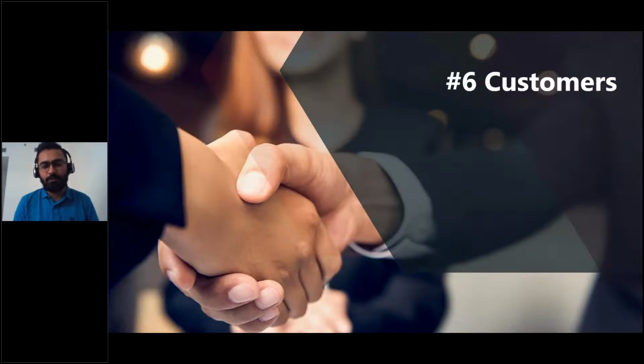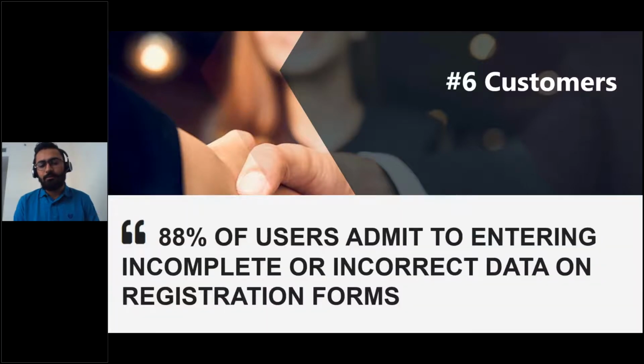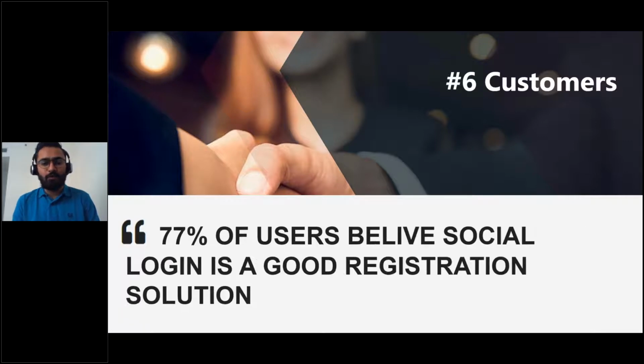From the customer's point of view, we have a few reports, and we also have some facts: most users admit that they won't enter correct or complete data when asked for registrations or forms. And mostly those users who left incorrect data agree that social login is one of the good options for authentication and registration.